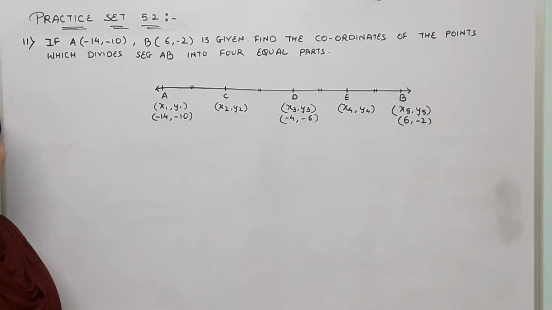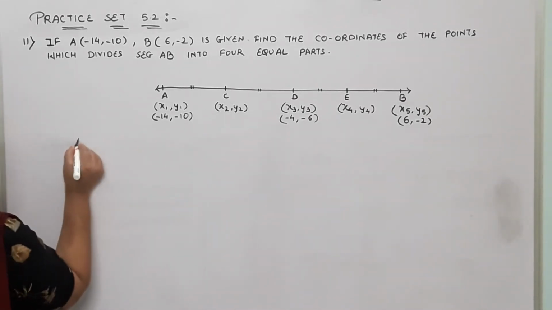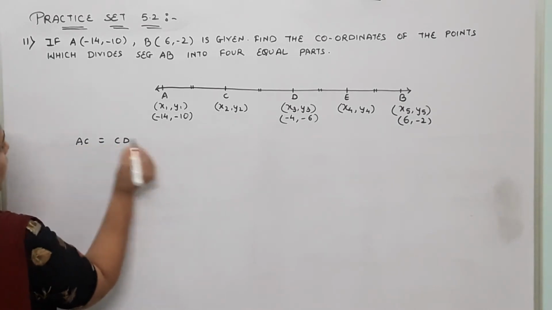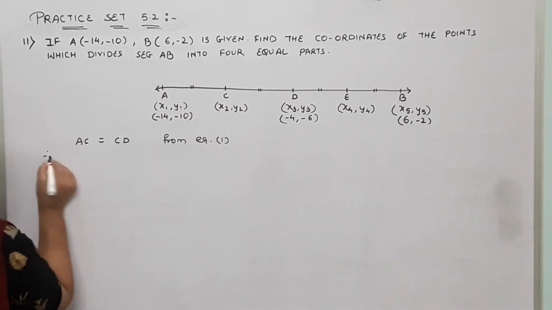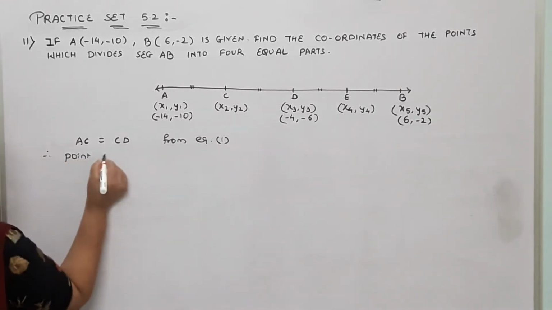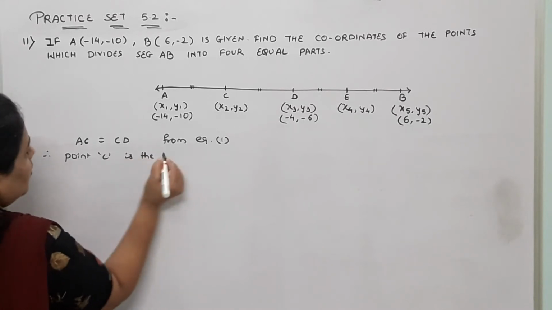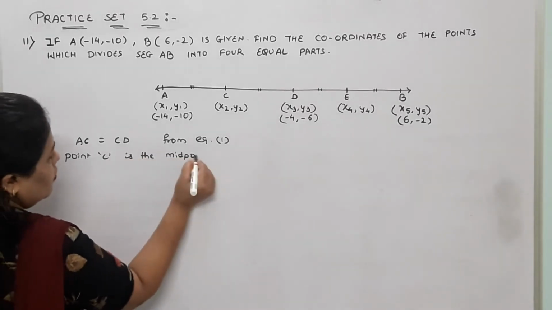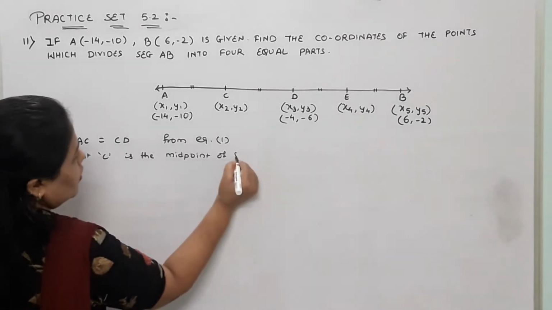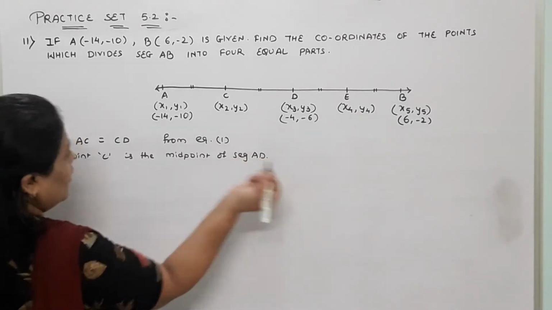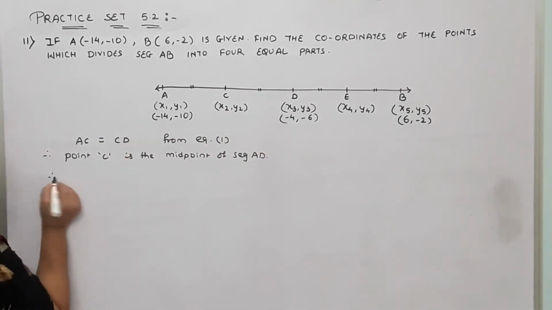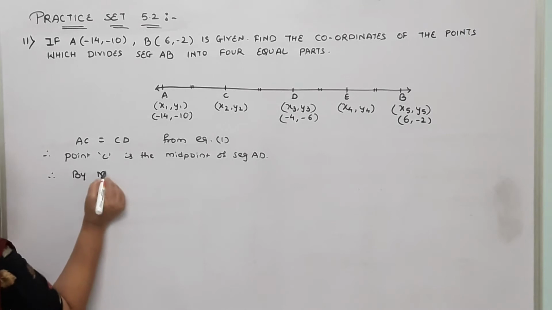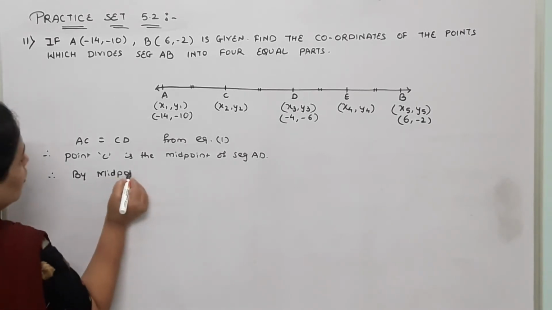Now we'll calculate the coordinates of point C. See how? We'll write AC is equal to CD from equation 1. Therefore, point C is the midpoint of seg AD. If C is the midpoint of AD, it means what? We will apply midpoint formula. By midpoint formula,